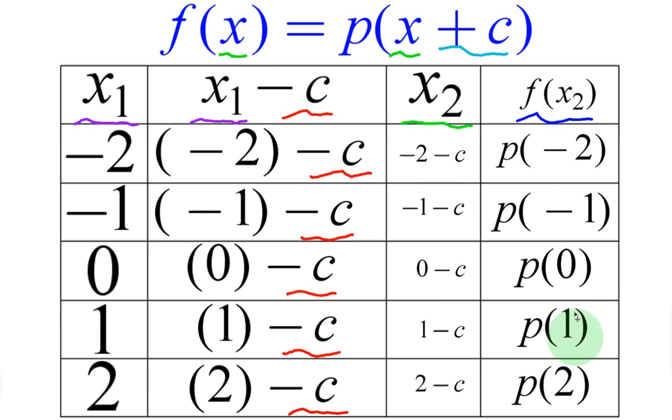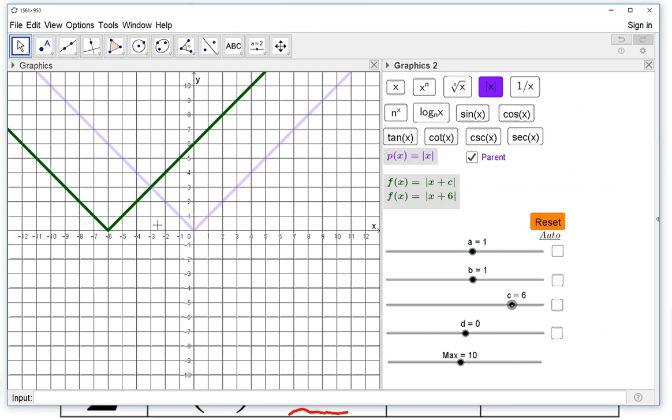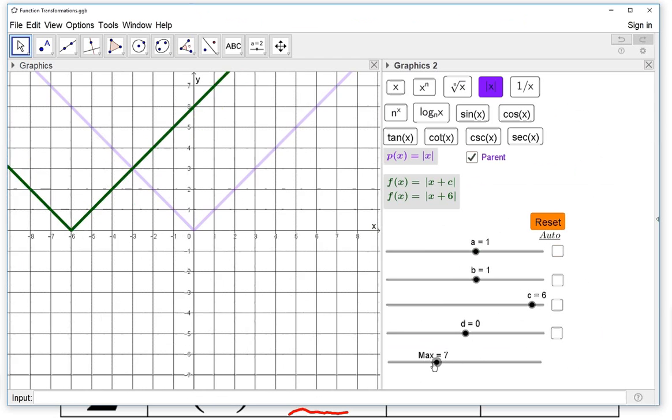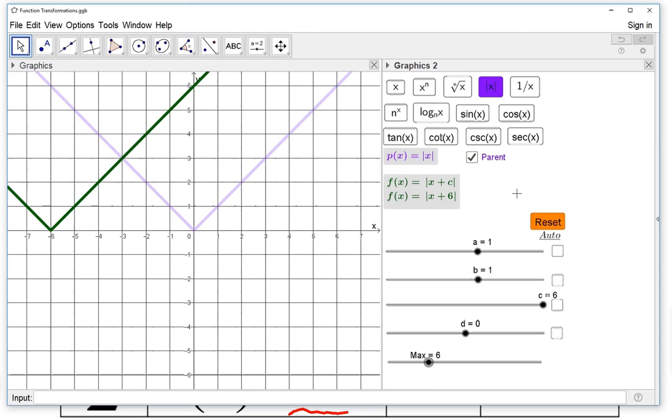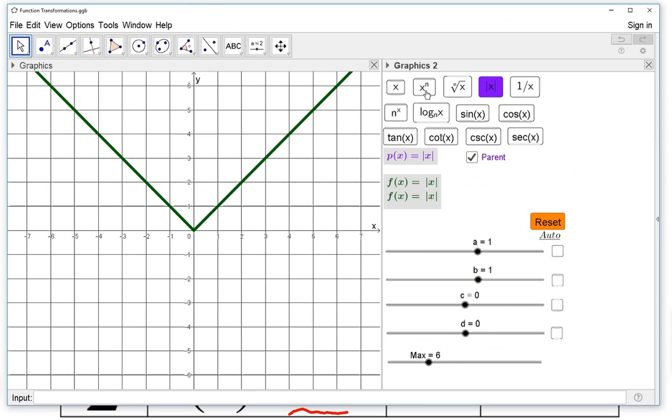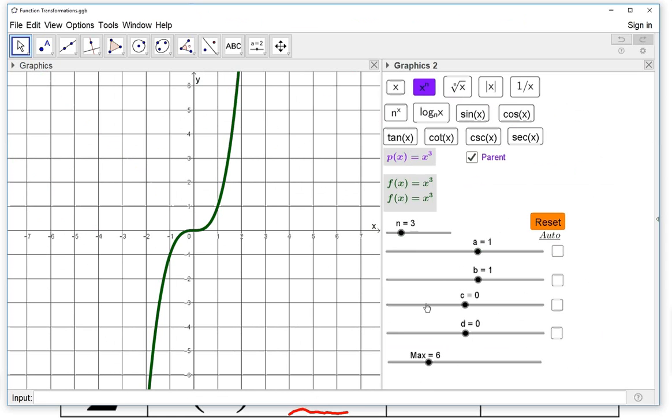Now, why do we do that? Why do we want to keep the same y values? That's because with our transform graph, we can compare it to the original parent graph without having to go too far off the graph. So what happens a lot of times? Let's just zoom into, let's say 6, and let's reset here. Or let's do something like a cubic function here. So what happens is if we make c too big,